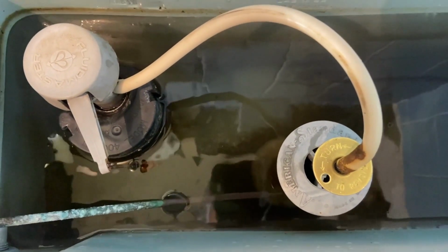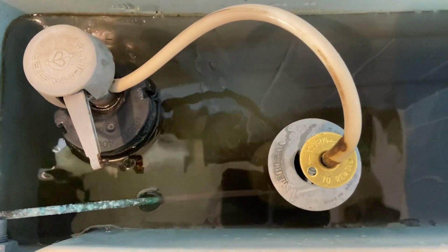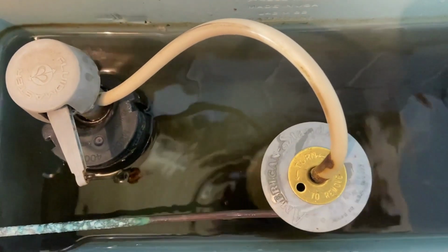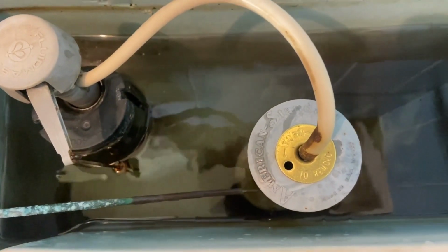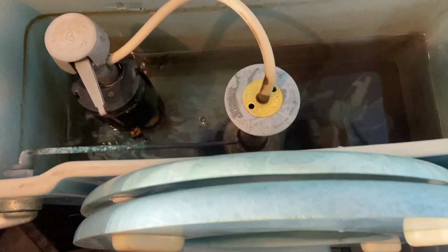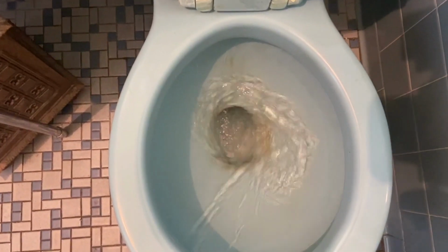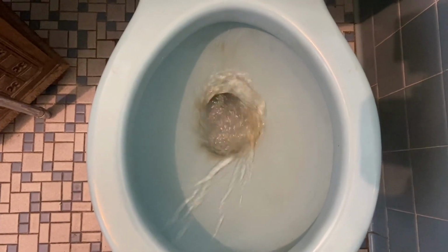Now I can tell you that it's going to leak. And it's probably going to leak for a week until that new washer gets acclimated or waterlogged, if you will. And you'll see that coming up. I told them I'll be back probably in about a week to check it to make sure it completely stops. But here I flushed the bowl, and in this next frame coming up, you're going to see